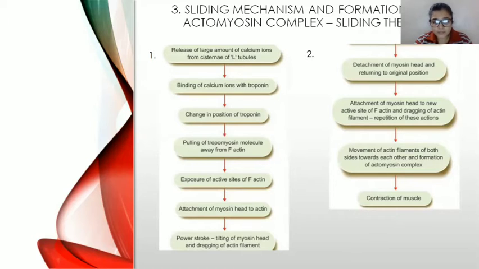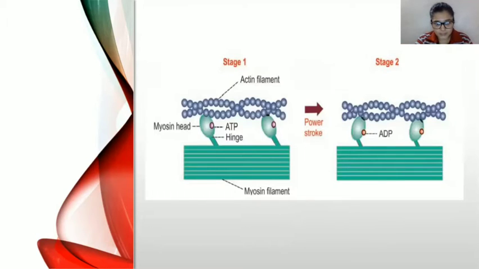So this movement of filaments forms the actomyosin complex, and this continuous movement occurs inside a muscle. It is a continuous process occurring during contraction and relaxation. This process of the actin and myosin filaments moving towards each other and forming the actomyosin complex is the contraction of muscle. This results in the contraction of muscle, and the power stroke is a very important event in this process.